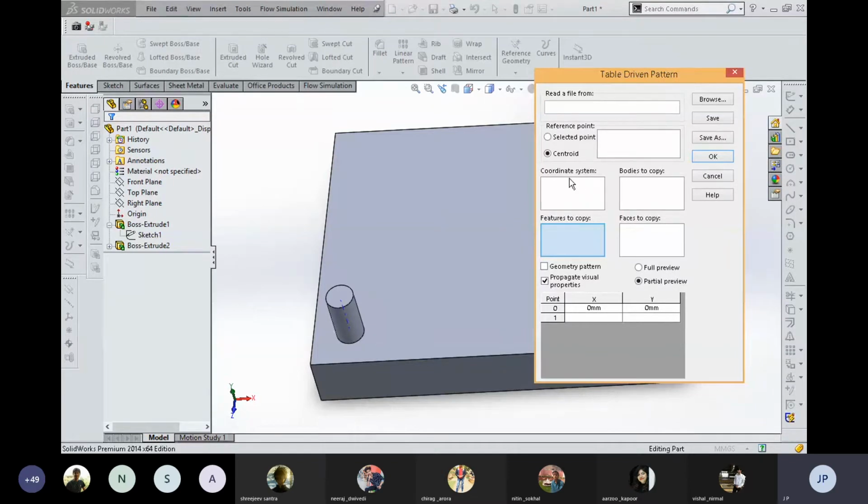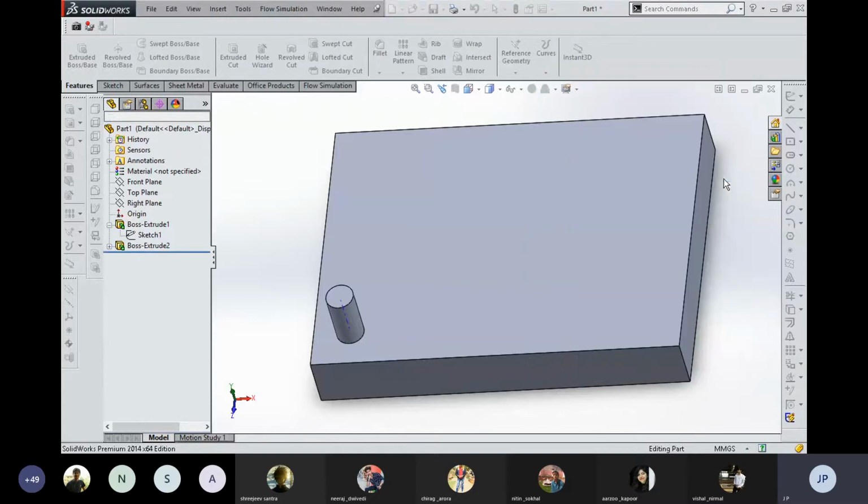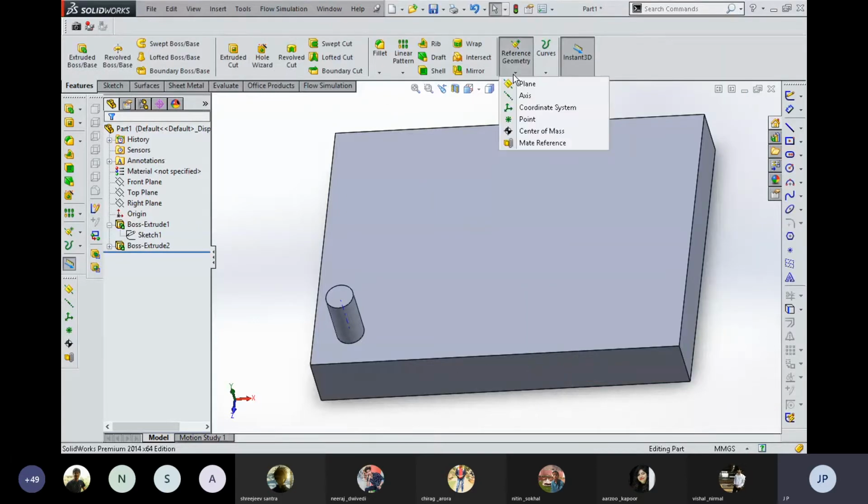The other thing is that we need a coordinate system as a reference, from where it is going to be measured. Second are the features to be copied and the faces to copy, where we need to populate these multiple copies using these tools. So for that, first of all, I am going to create a coordinate system, which you can get from here.